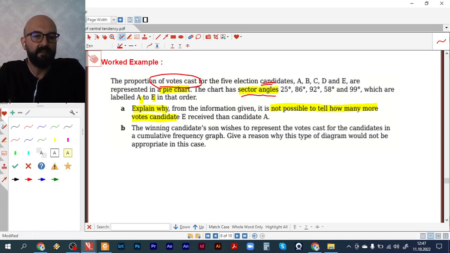So we don't have the number of votes cast, so we can't decide this. And the second one,